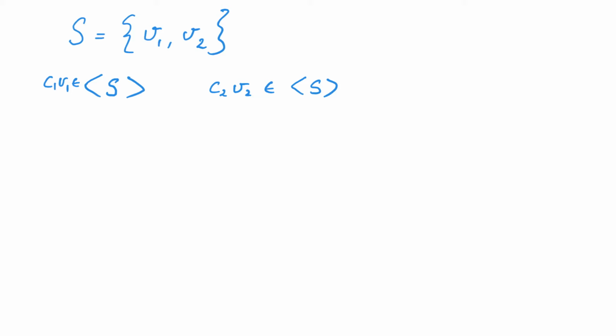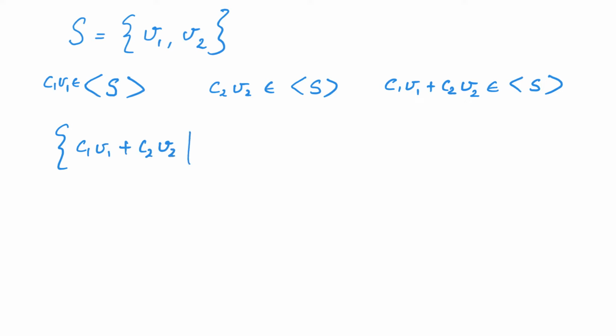But as soon as we know that c1 v1 and c2 v2 belong, as a subspace is closed under vector addition, we know that c1 v1 plus c2 v2 has to belong to the subspace. Now notice once again that the set of all c1 v1 plus c2 v2 such that ci belongs to F